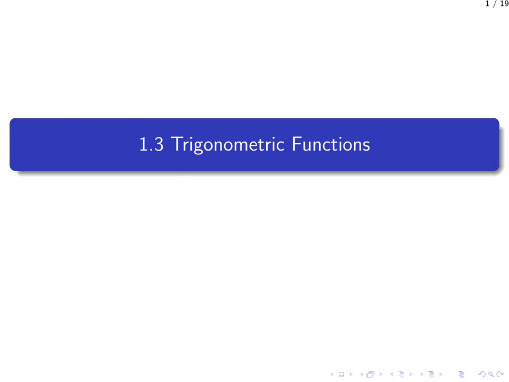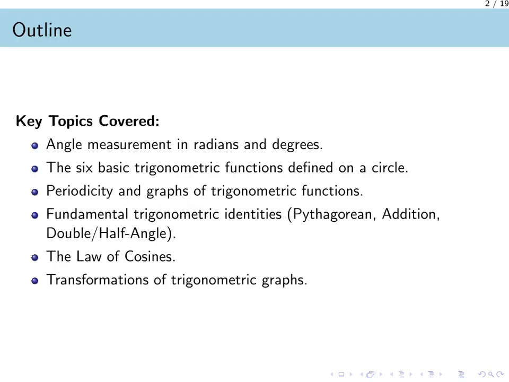1.3 Trigonometric Functions. The outline of this video is as follows. We will begin our discussion with the fundamentals of angle measurement, learning how to work with both radians and degrees. From there, we will define the 6 basic trigonometric functions, including sine, cosine, and tangent, using the unit circle as our guide. Next, we will examine the repeating nature, or periodicity, of these functions, and visualize their behavior by studying